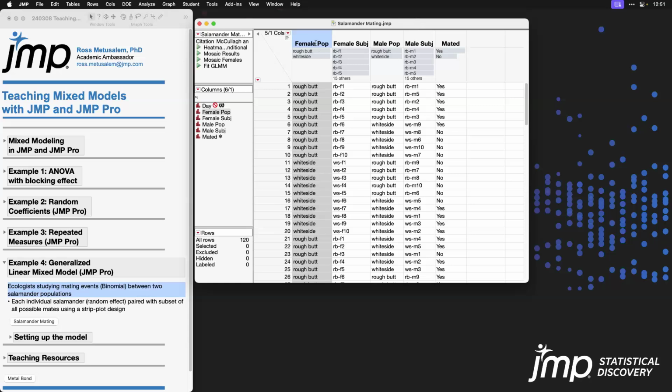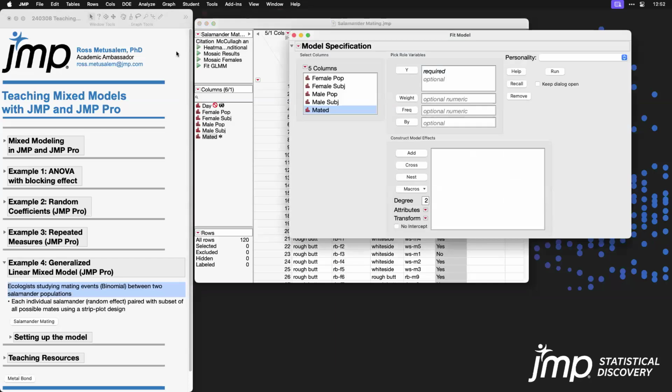And we could take any combination. So for example, of females, so rough butt females, and have them placed in a situation where they may or may not mate with either rough butt or white side males. In fact, for every given salamander here captured in these subject columns, they're paired with 6 possible mates, and then we measure whether or not they mated. So in this particular case, what we have is a mixed model